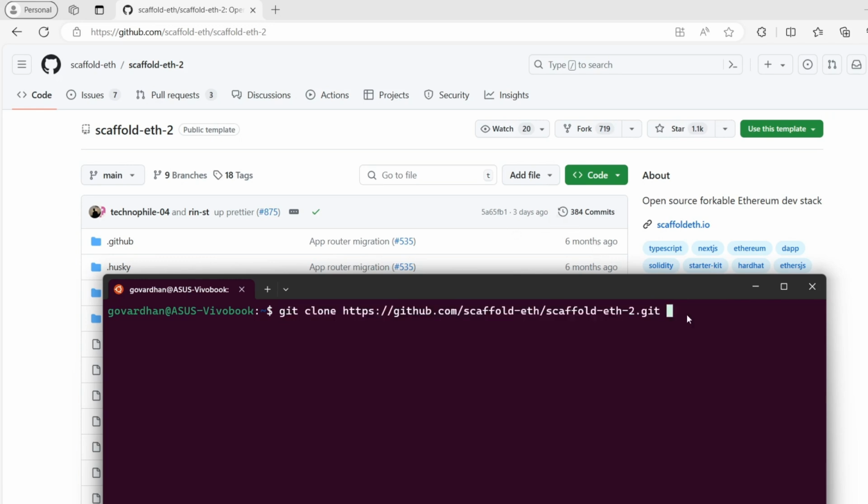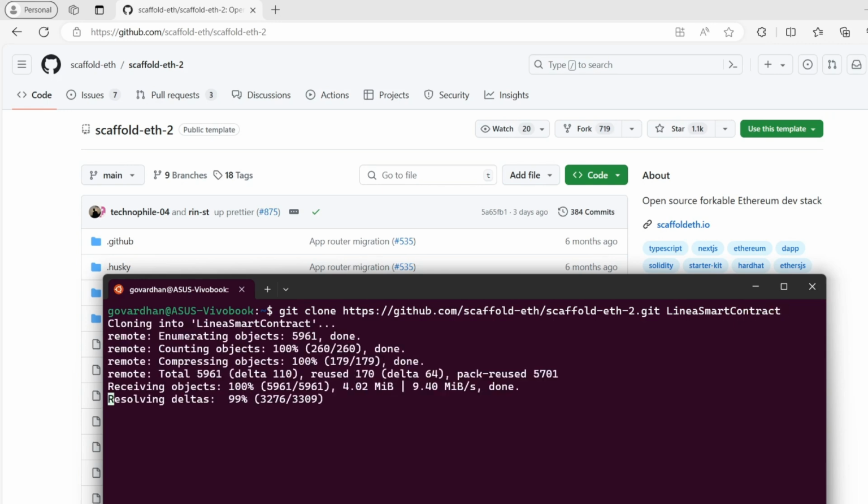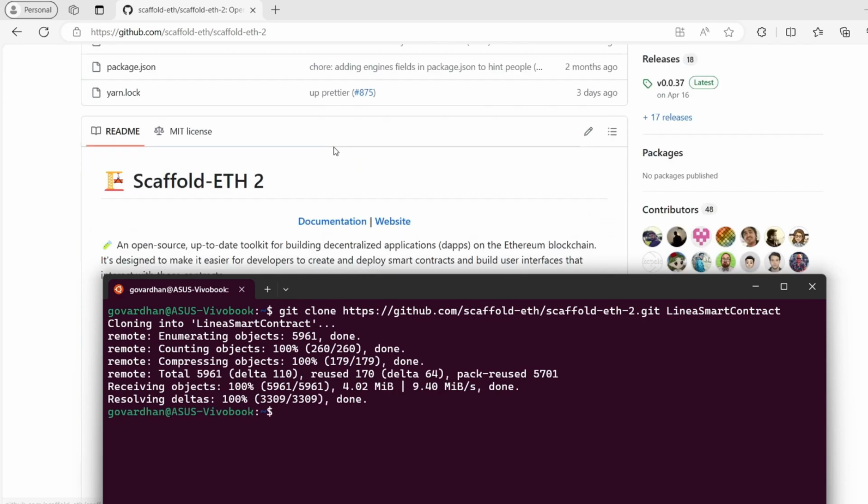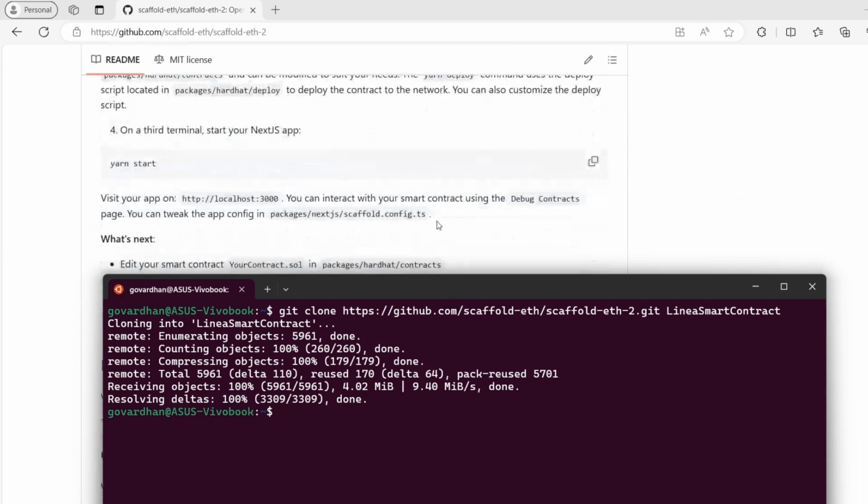So I'm going to name it, so let me give some name, guys. Yeah, I will give it as Linea smart contract. That would be fine. Okay, so I'm going to clone it. Okay guys, we cloned our Scaffold-eth, and next,